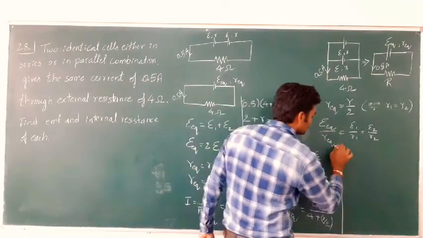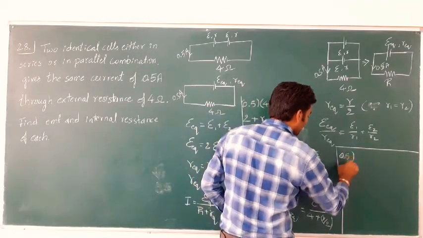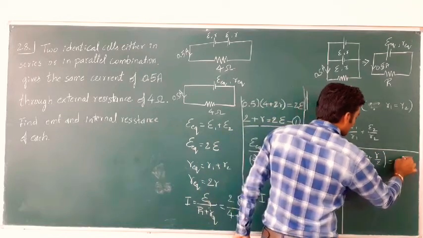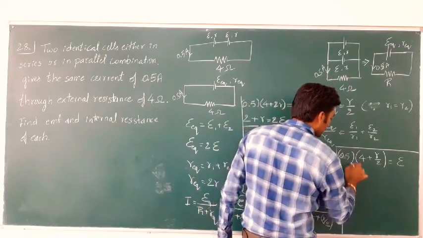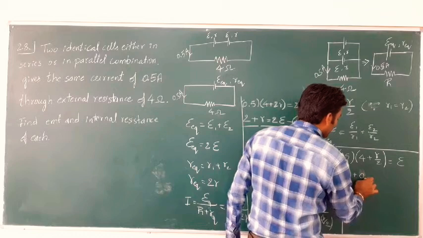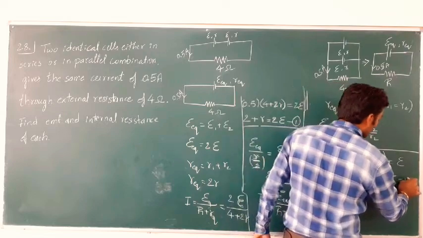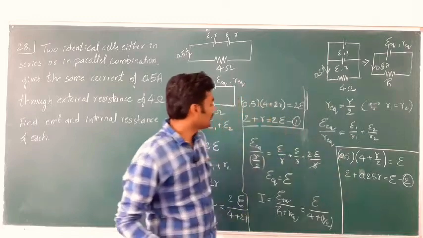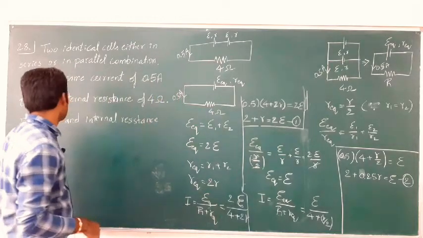So now current is 0.5 and this comes here and gets multiplied. 0.5 into 4 plus R by 2 is equal to E. Simplify this. So it's 4 into half is 2 plus R by 4, or you can keep it 0.25 R is equal to E. Name this as equation 2. So now we have two simultaneous equations and we need the values of E and R from these two equations. Right.